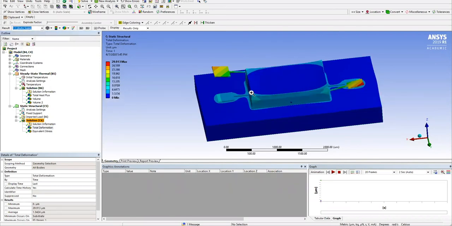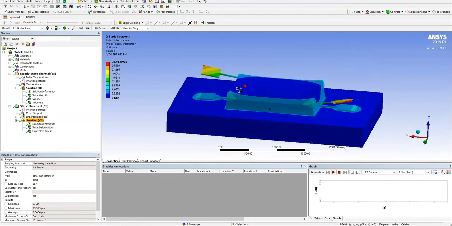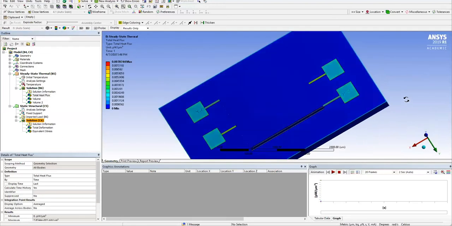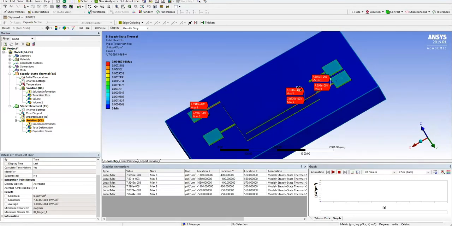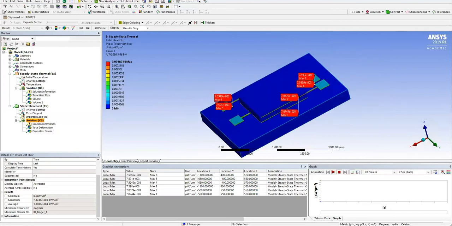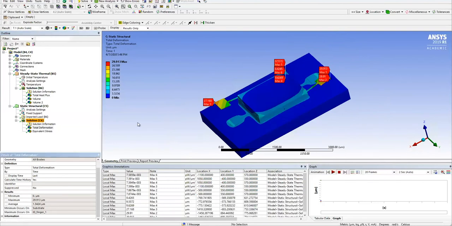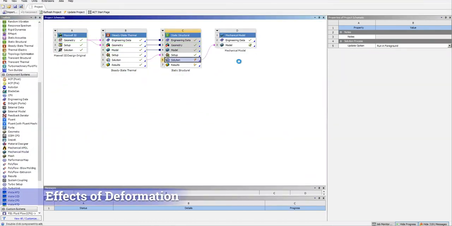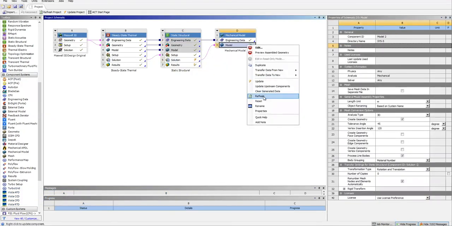The total heat flux is maximum at the IDE finger, as you can see, and it is minimum at the substrate. Since heat flux is directly proportional to thermal conductivity, in our case the copper has high thermal conductivity. So these are the maximum and minimum points of the heat flux. Next, checking the total deformation, you can see the deformation is higher at the IDE fingers. Moving on to the next step, we are going to determine the effects of deformation on the capacitance of our sensor.